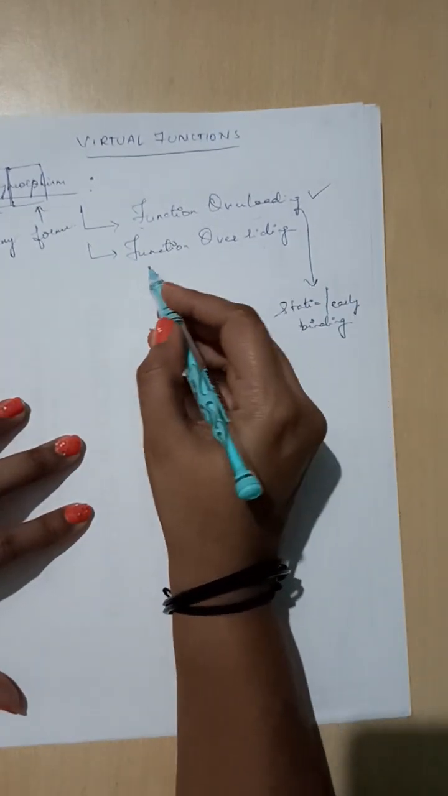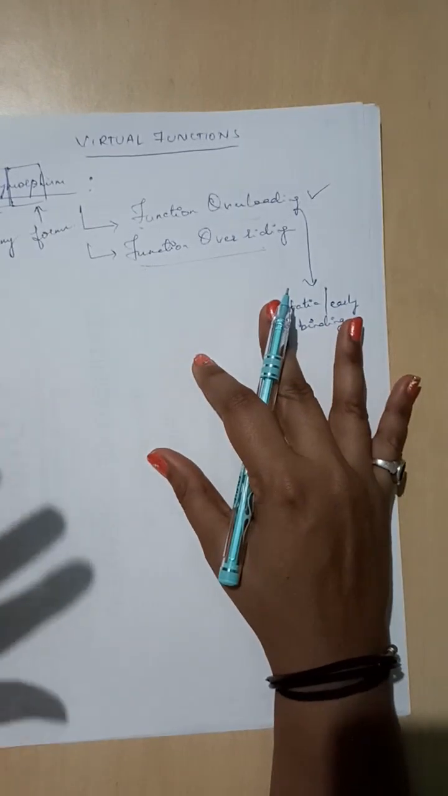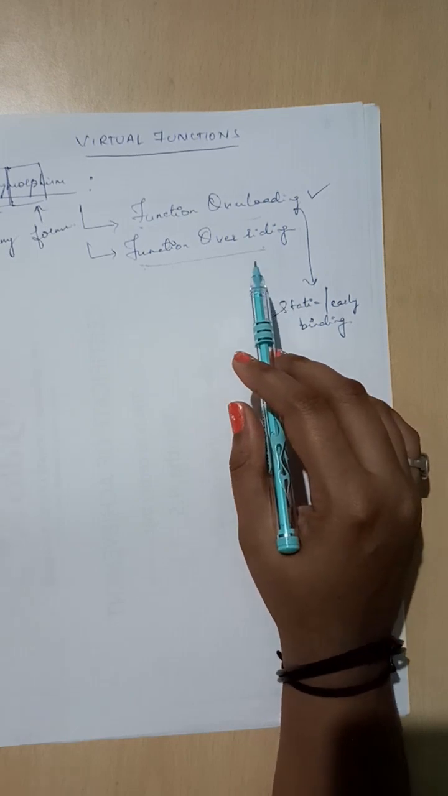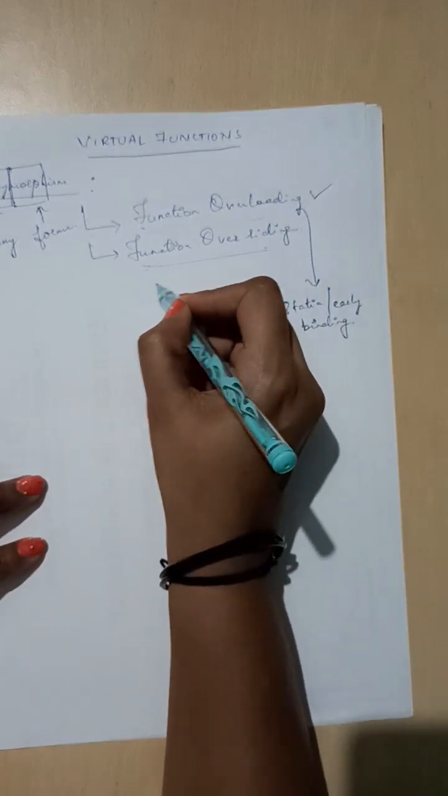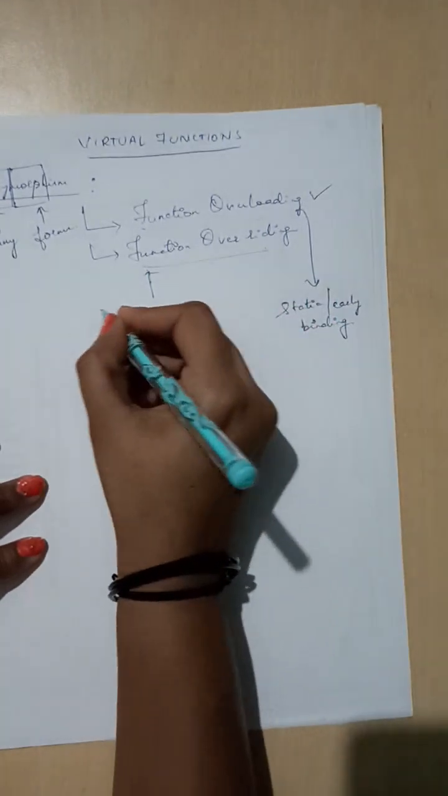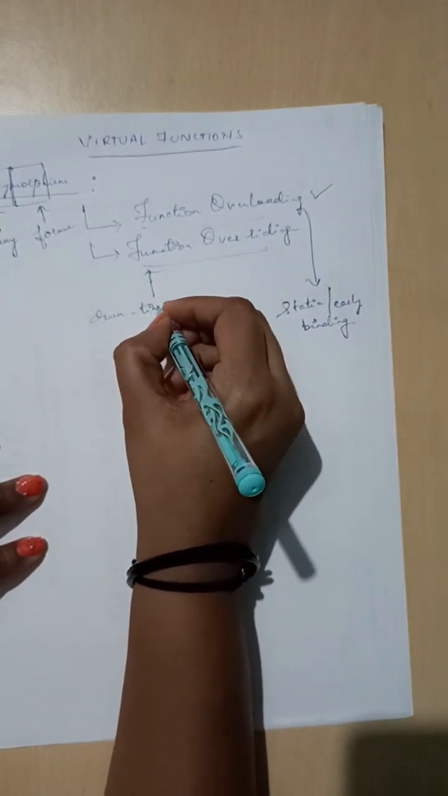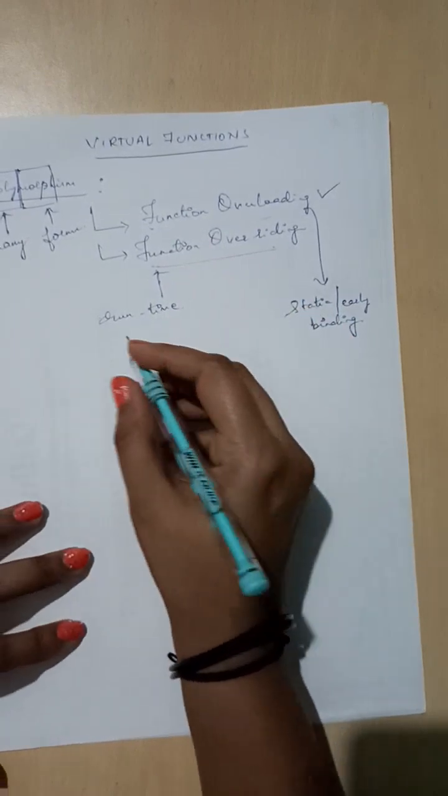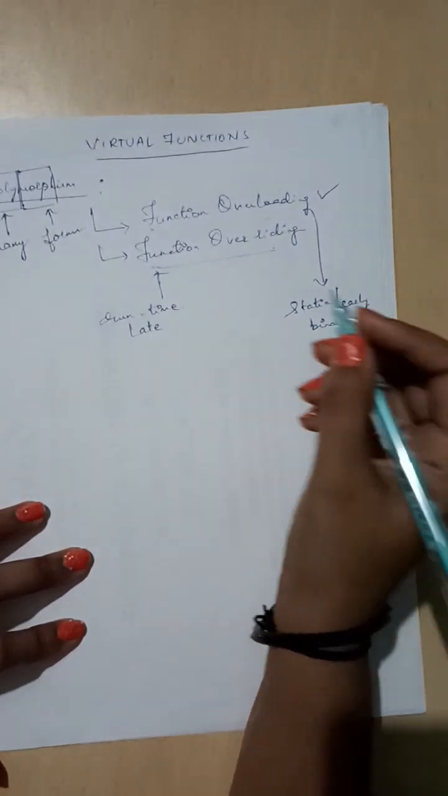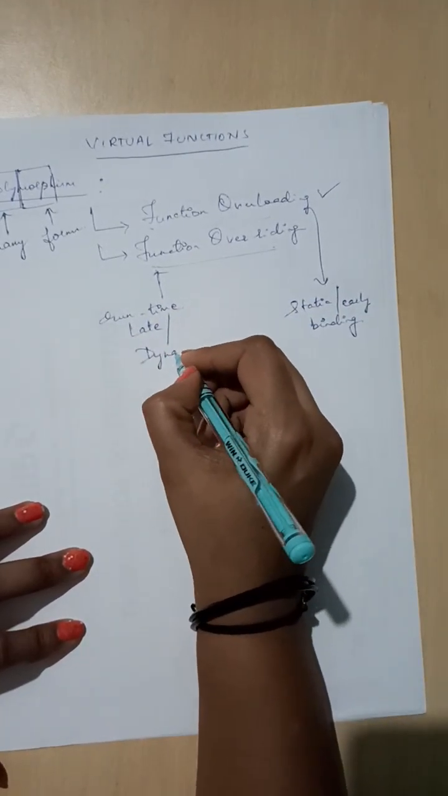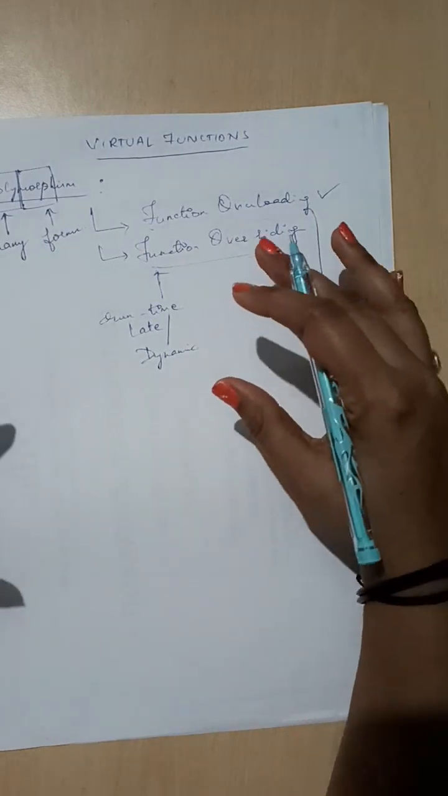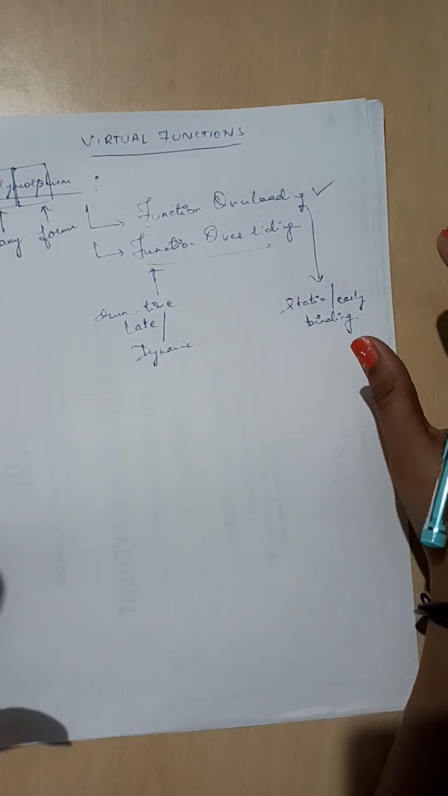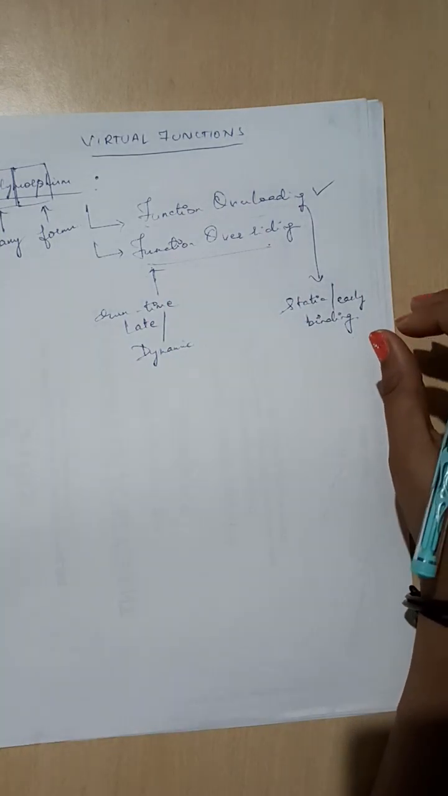So coming to the second one, function overriding. Function overriding is also called as runtime polymorphism, and it is also addressed to as late binding or dynamic binding, because in function overriding what happens is it is quite different from function overloading, because in function overriding what we do is